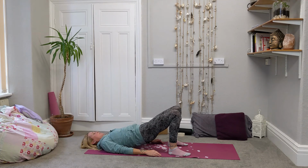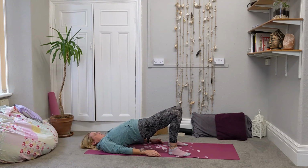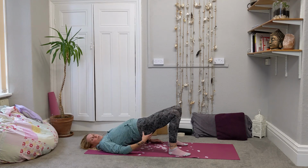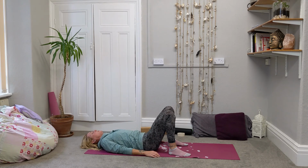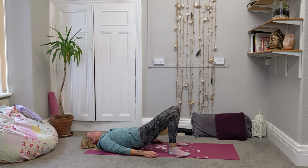Breathe in. Take it down. You can breathe the other way if you wish. You could try and breathe in to come up, and then breathe out. But by lifting those hips up, we've got the core, those sub-core muscles that we were talking about, our glute muscles working. One more. And we keep that pelvic floor and transverse abdominis muscle